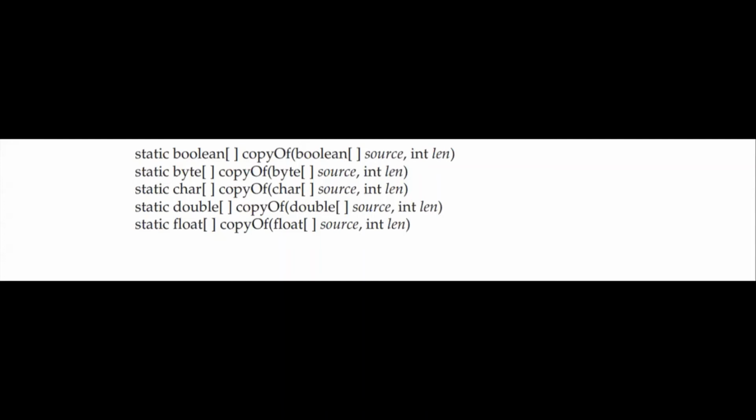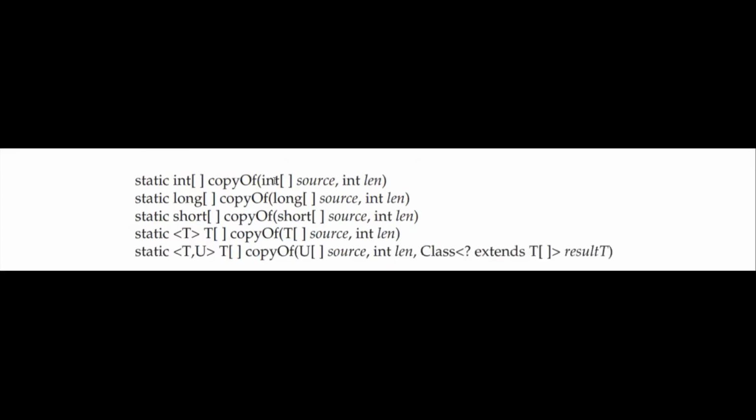The next method is the copyOf method. The copyOf method is again defined in Java Standard Edition 6, and it returns a copy of an array. There are several variants: copyOf boolean array, then copyOf byte array, character array, double, and float. Some other arrays are also present, defined based on the data type. It includes the copyOf integer array, long array, short, then on a specified given type,